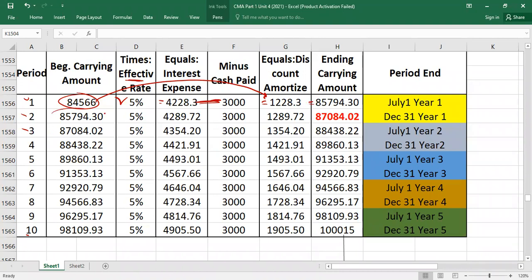This ending carrying value will be the beginning for the next period, again times 5%. You will get interest expense. But interest paid is how much? 3,000. The difference of these two is amortization of discount. Again, beginning plus this, you will get ending carrying value. You will repeat this process over the 10 periods and at the end it will be $100,000. Some small difference is coming due to rounding off. Understood? Okay, now